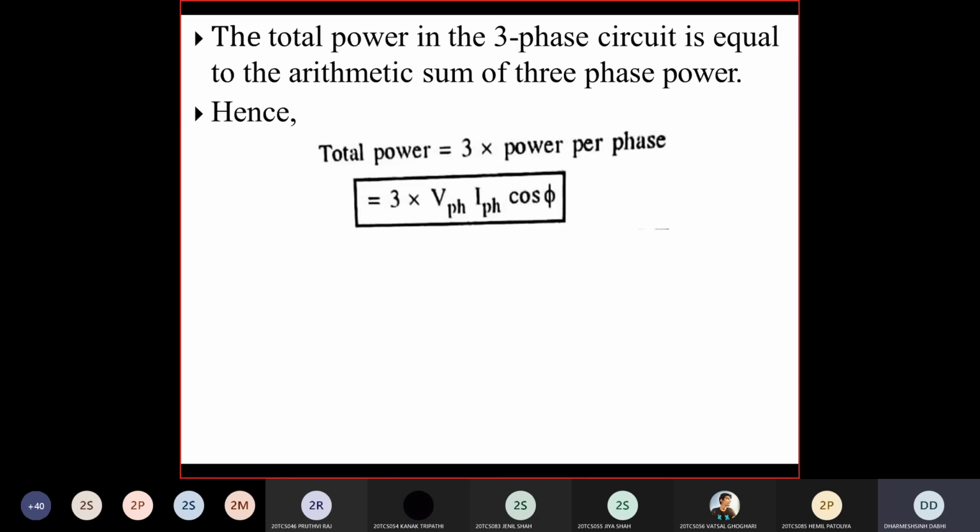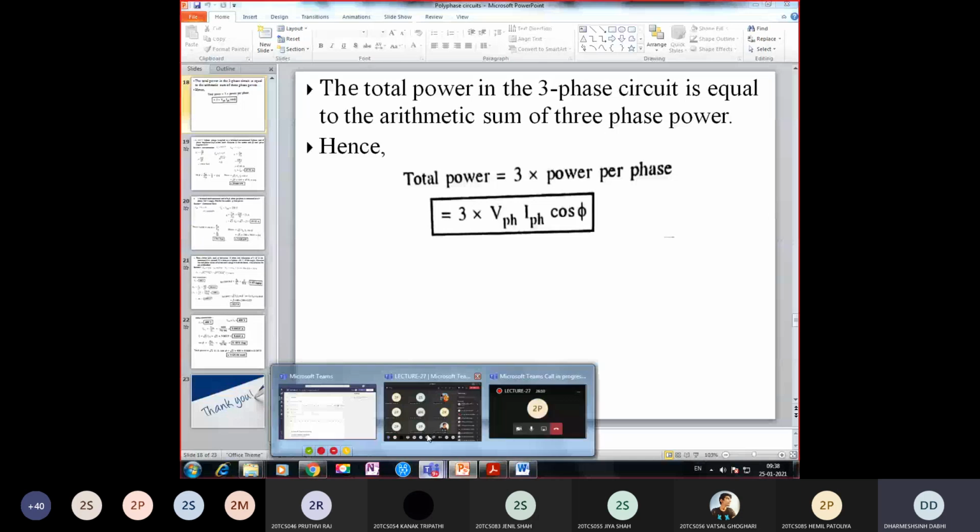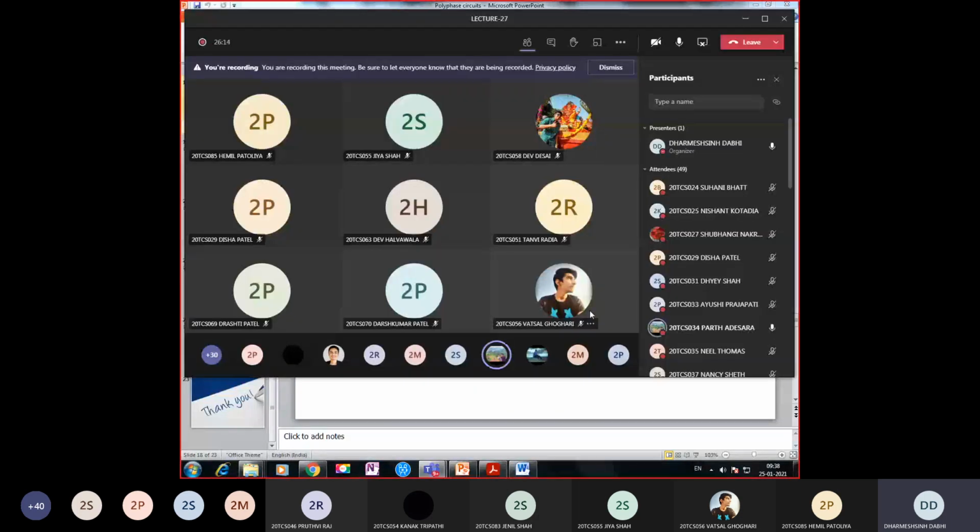Yes. What is the phase voltage? Number 31, Desh. Give me the answer. Yes, sir. What is the phase voltage? Sir, calculating. Sir, can you show the question, sir? Yes, yes.